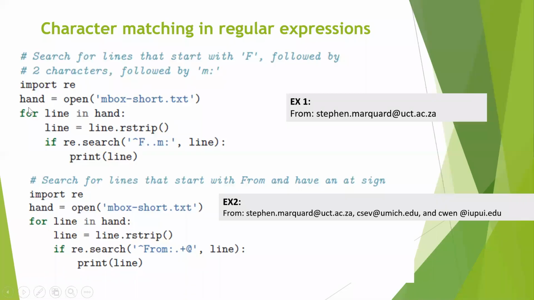So let us see a program. Here we have to search for lines that start with F, followed by 2 characters, followed by M colon. How do you search for this? Now, the program says that you have to search for lines that start with F. So if you want to write a regular expression for it,